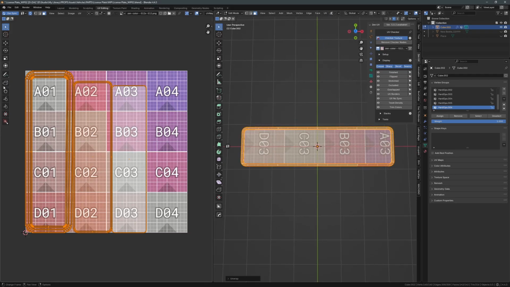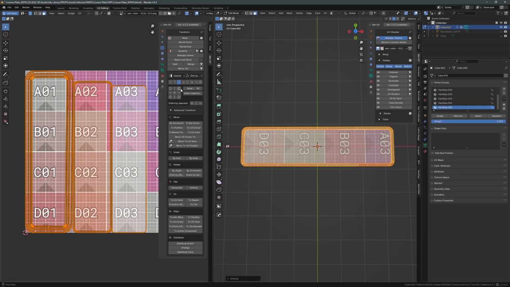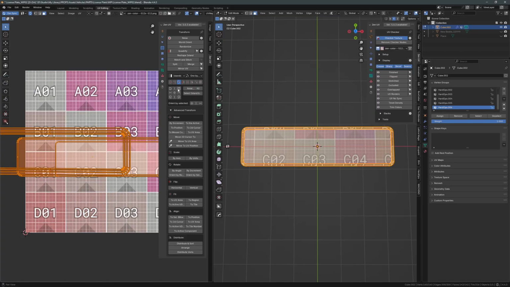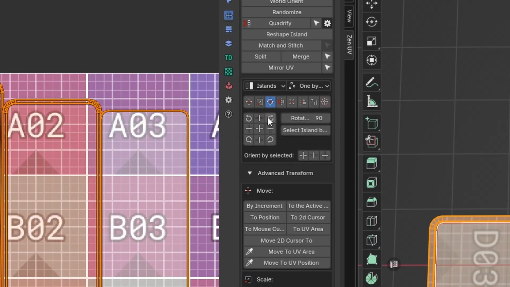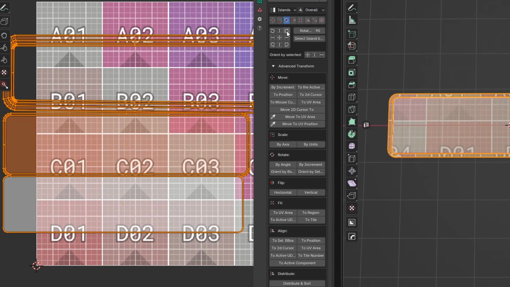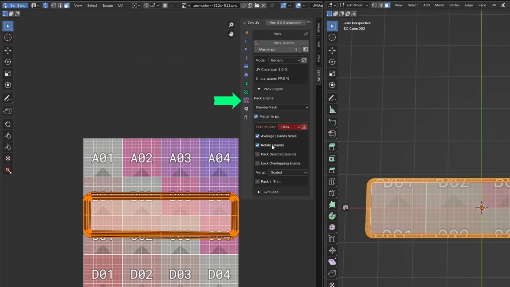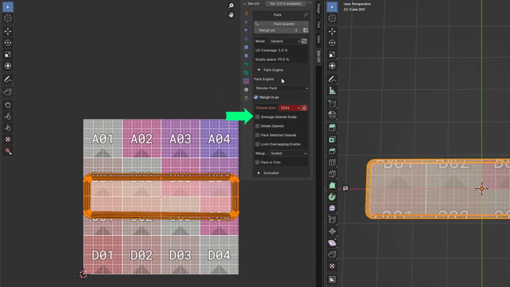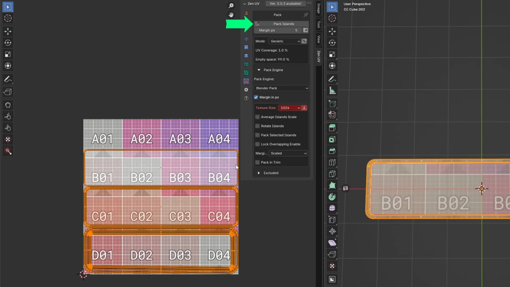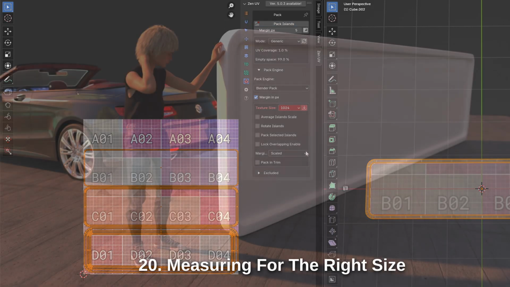The checker grid tells me that the UV map is sideways, not a big deal, however it's less convenient for drawing the texture. ZenUV helps me also with that, but it created a mess in the first place. Luckily it offers different rotation modes, and if I select overall instead of 1 by 1, I'm good. The Fit to UV area function will rescale and reposition the islands, but also makes them overlapping, which is bad if I want to use one single texture image. After some experimentation with Blender's pack algorithm, I get what I want. Finally, I scale the object to the right size.